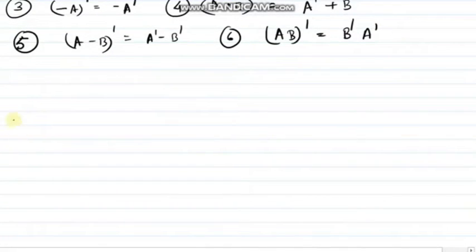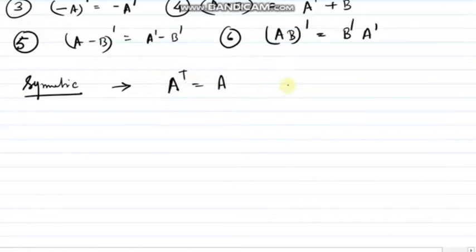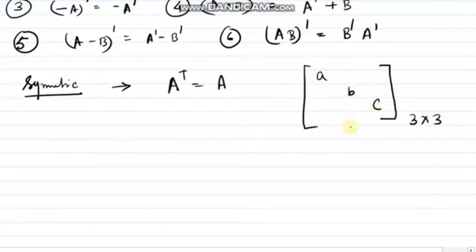So next one is symmetric matrices. The condition of symmetric matrices is that A transpose and A, these two matrices are equal. How to form the symmetric matrices? Just check. I am going to show you how to form a 3 by 3 symmetric matrix. I am going to write anything in the principal diagonal. This is known as the principal diagonal. Okay. After this, these two elements have to be equal.